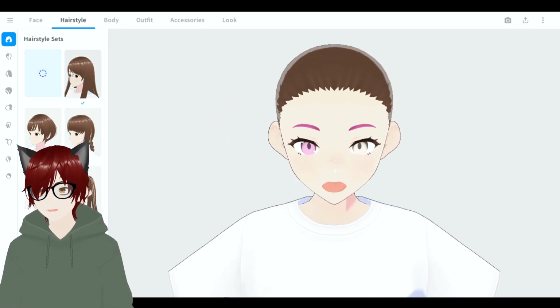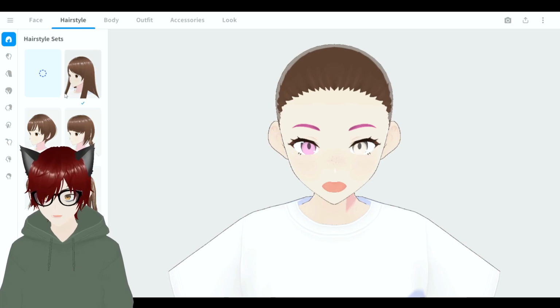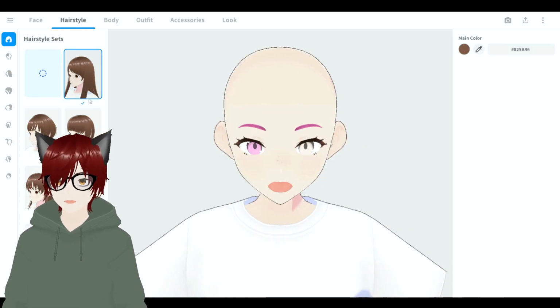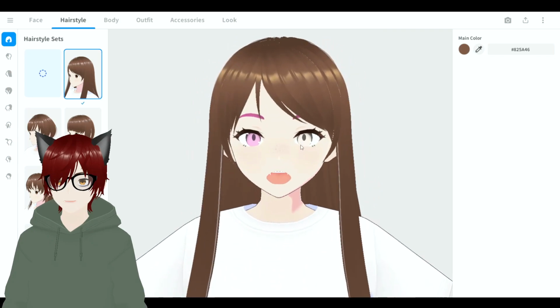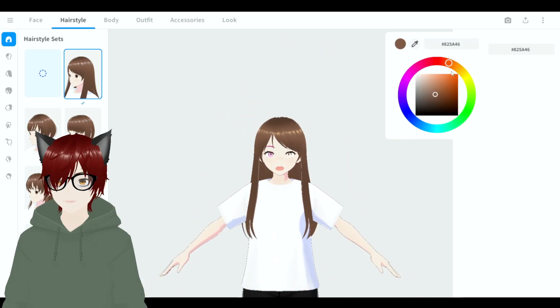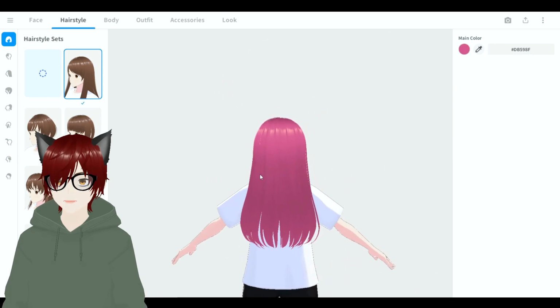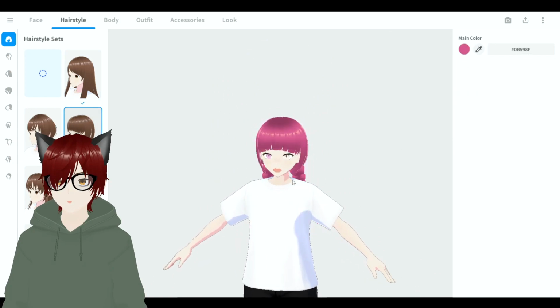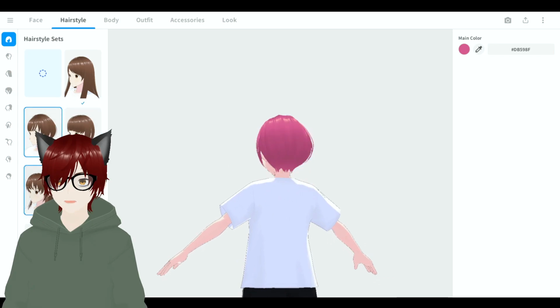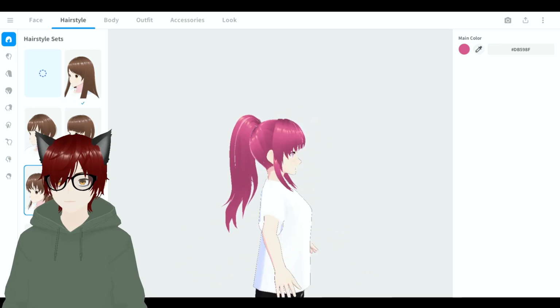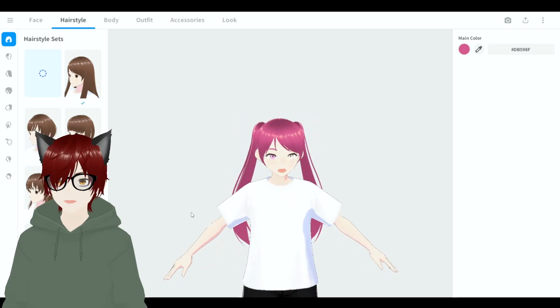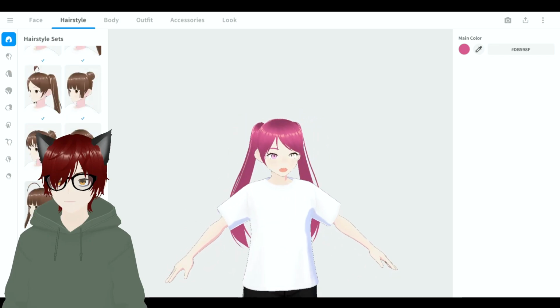Alright, and now the hairstyles have had a huge overhaul. You can, of course, use all these presets. They're given bone structures and everything already. So you have everything you need out of the box in these hairstyles. They're all ready for you to use. You can see there's a variety of preset hairstyles, kind of like this one, that were made by the VRoid team. And you can also edit them in individual